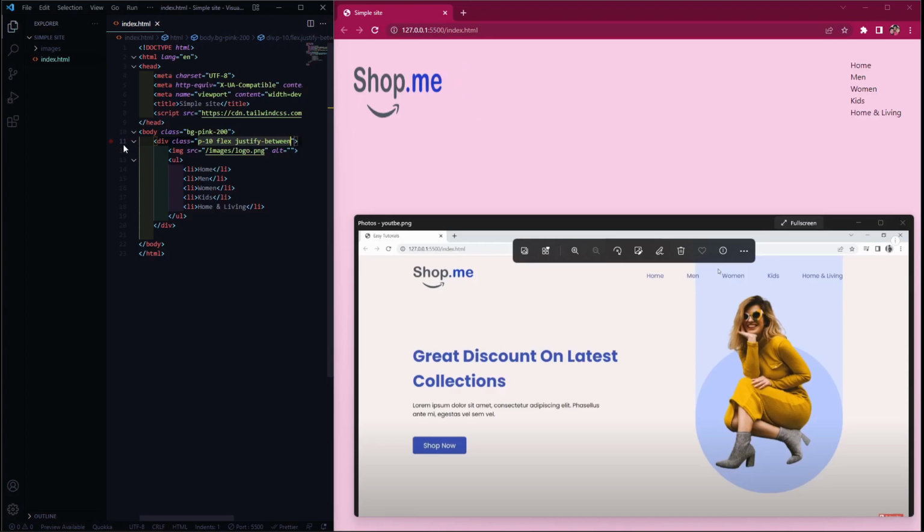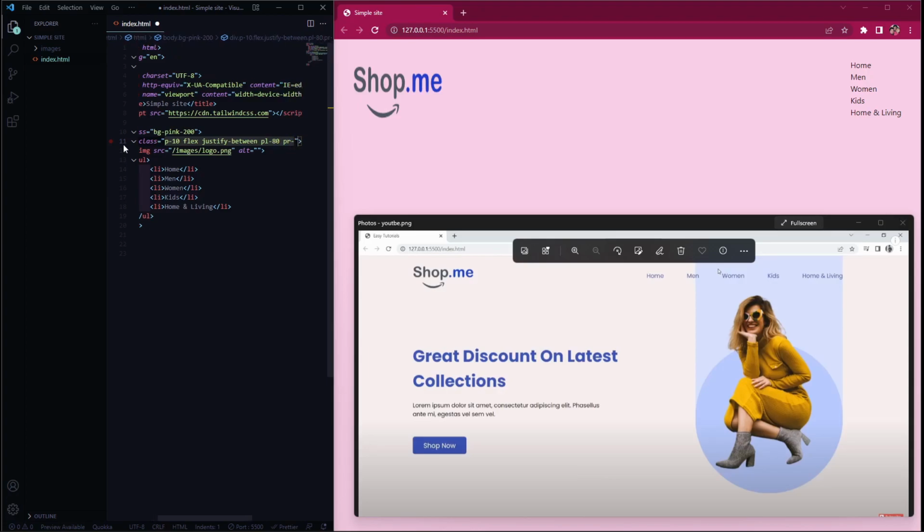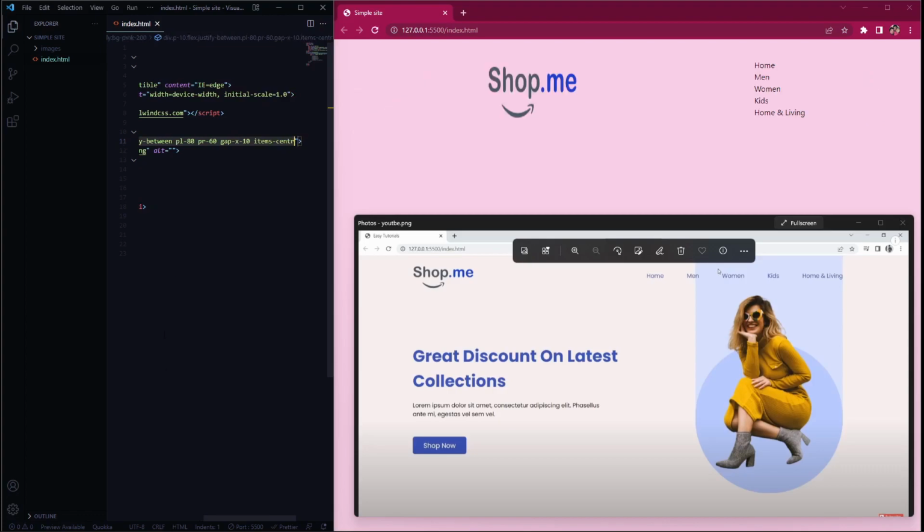Okay, and then what else do we want? PL of 80, PR, padding right, of 60, give it a gap x-axis of 10, and that's items center. Alright,